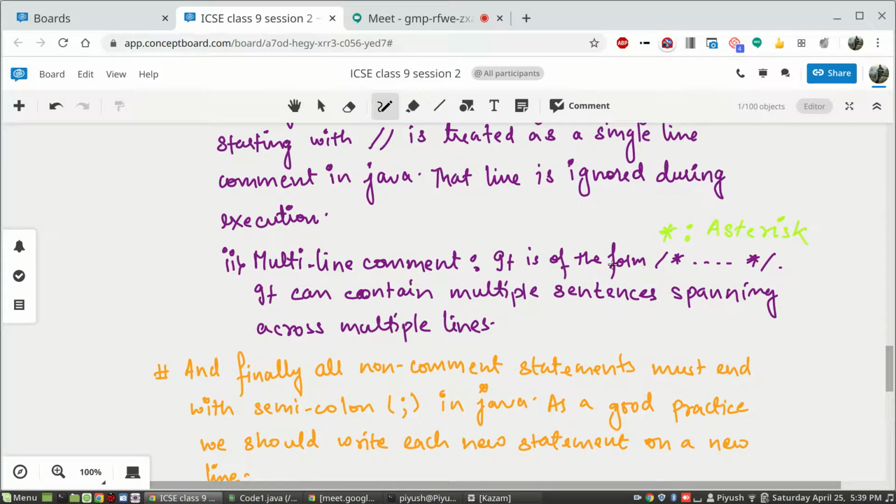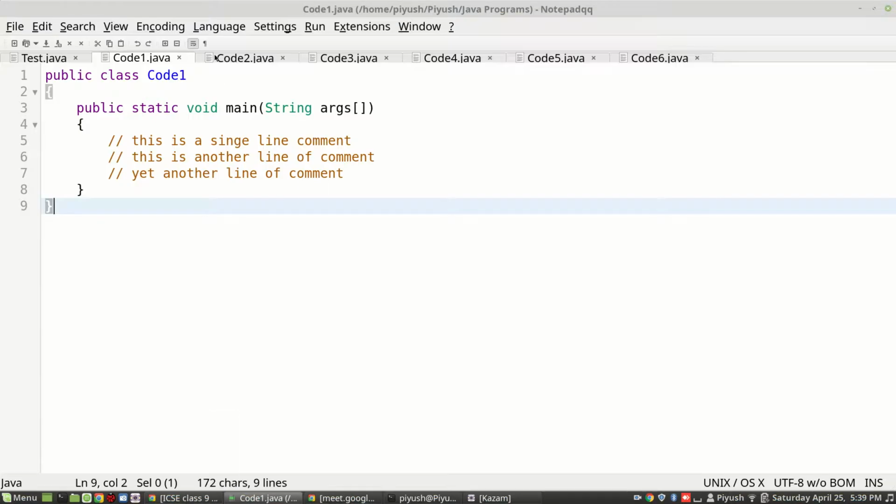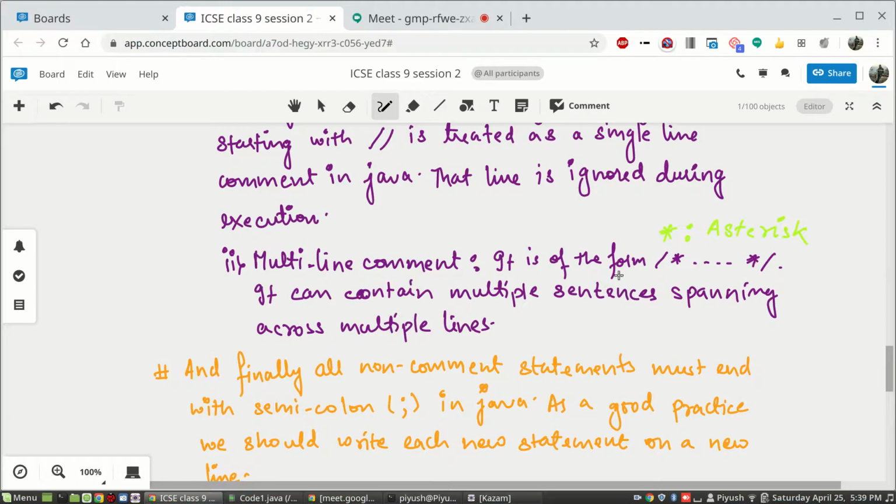How do you use multi-line comments? Let us see. Multi-line comments start with a forward slash, immediately after it an asterisk. From this day onwards, when we are talking in terms of computers, we will not call it star, we will call it asterisk, A-S-T-E-R-I-S-K. So when does Java know that you are starting a multi-line comment? It should start with a forward slash, immediately followed by an asterisk.